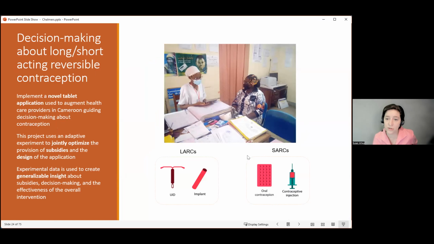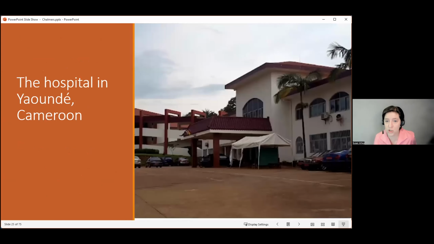And it turns out the failure rates, especially in developing countries, of short-acting contraceptives are very high, because people can't get back to the clinic, they run out of money, and so they stop using them. There's therefore a high rate of unintended pregnancies. But what we found was that a lot of women were just leaving the clinic without any contraception. So just getting people to take any form of contraception was the more important margin.